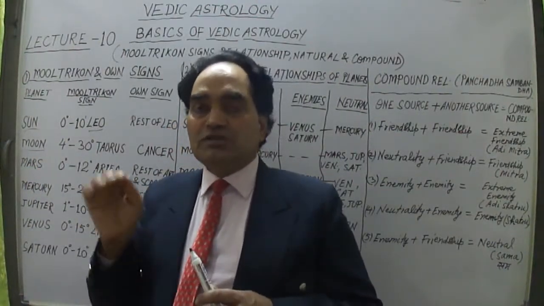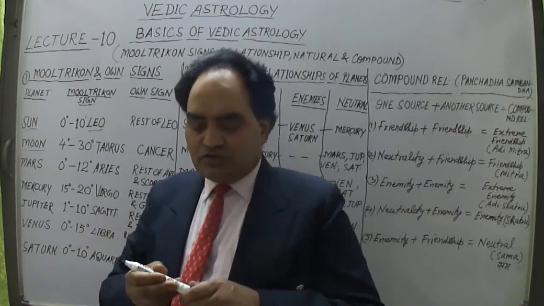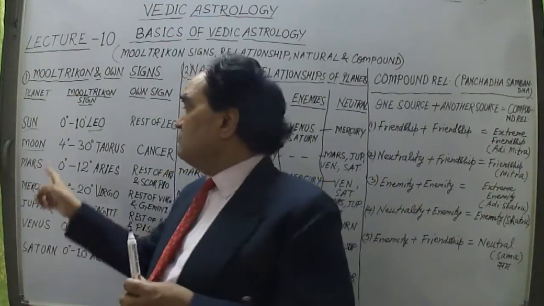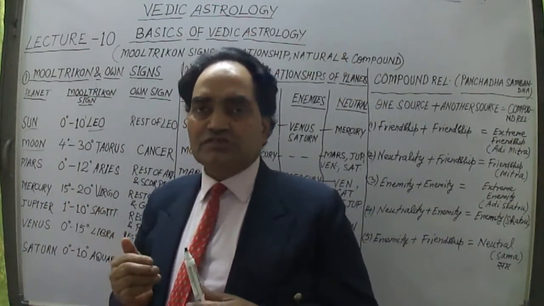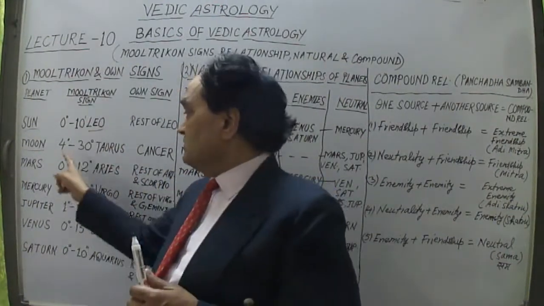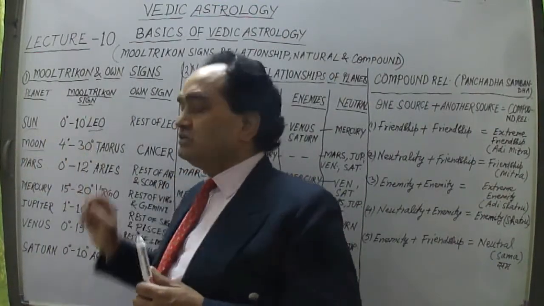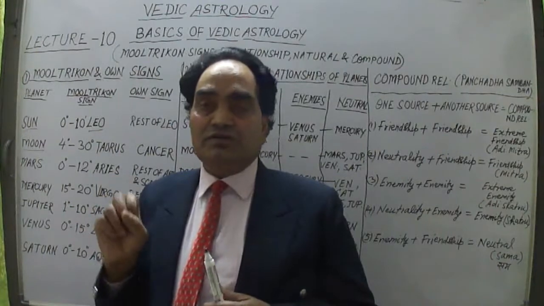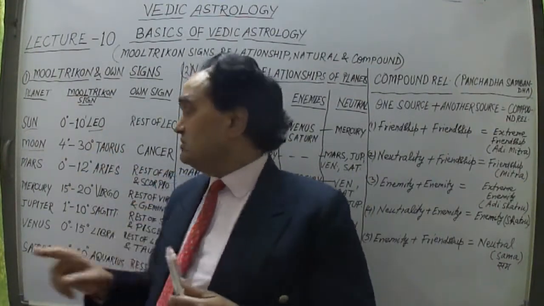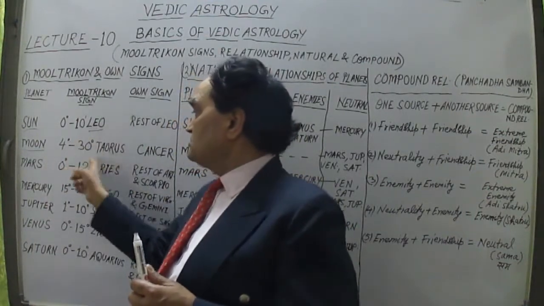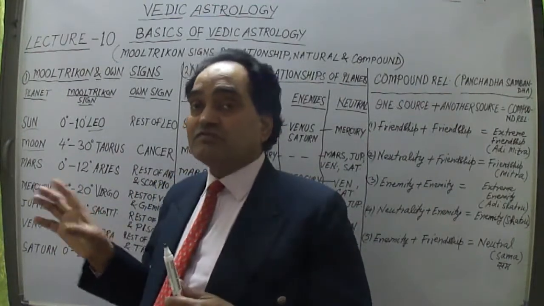In the Taurus sign, the Moon is exalted at 3 degrees. As I have told you, the deepest degree, or deep exaltation degree, of the Moon is in Taurus sign at 3 degrees. As I told you in the previous lecture series, please see the 9th lecture. At 3 degrees the Moon is exalted. But from 4 degrees to 30 degrees in the same sign, Taurus, the lord of Taurus sign is Venus. Try to understand, here the Moon has a different sign of Mooltrikon. This is very important, different from others.